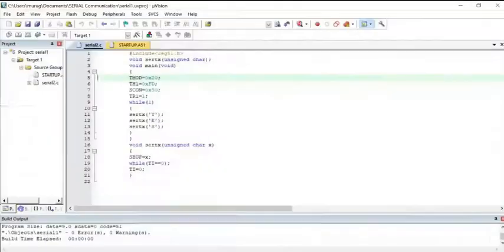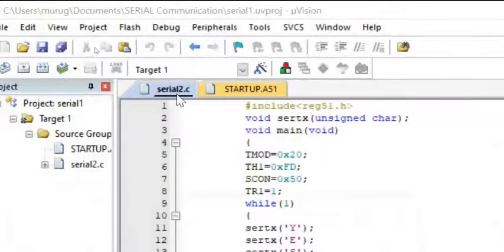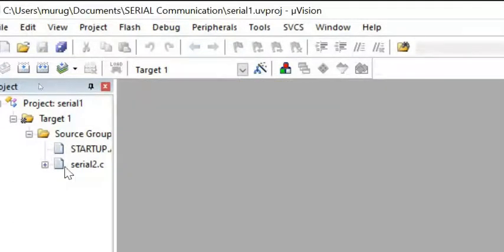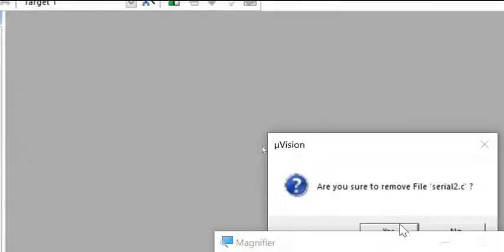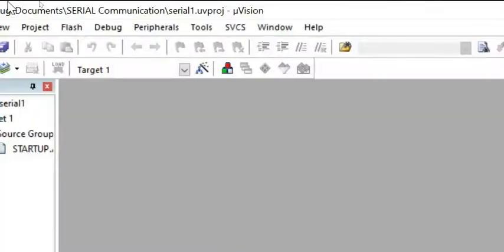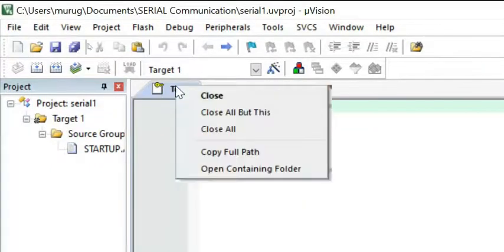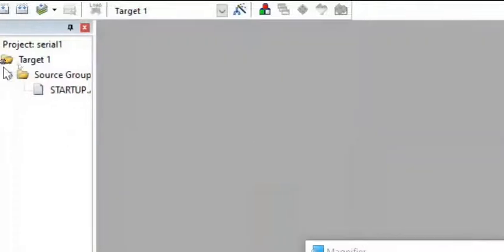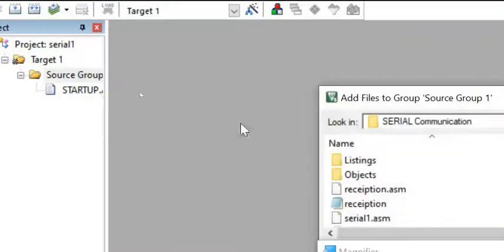So let's check in Keil software. Removing this particular file. I have written the code already, so I'm just adding that.